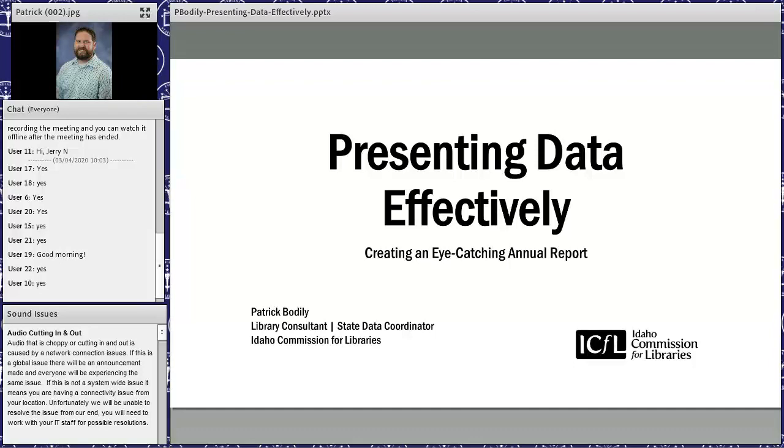One of my key points that I love is taking the data that everyone collects and then making it easily digestible and easy for people to understand. And so when Indiana reached out and said, hey, would you webinar this for us, I was more than happy to. The title for this, Presenting Data Effectively, was shamelessly stolen from a book by Stephanie Evergreen.